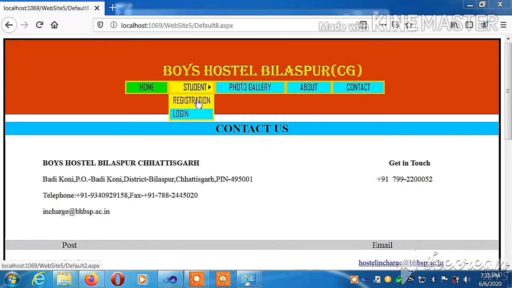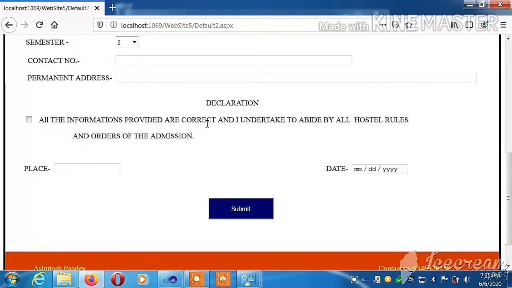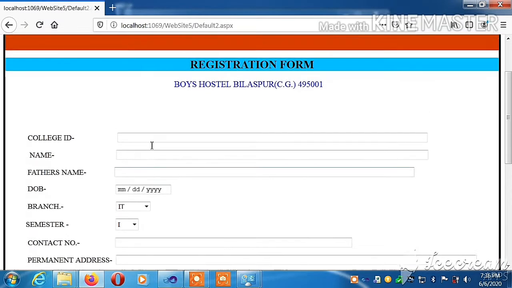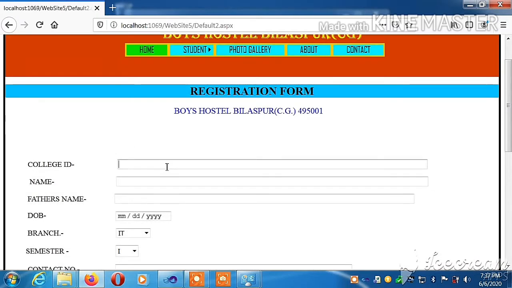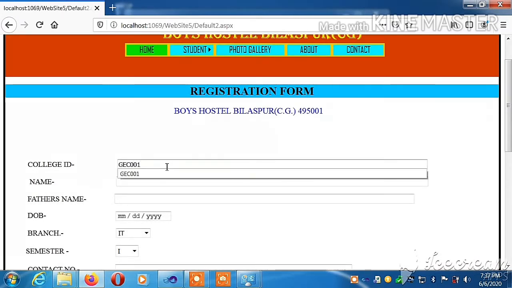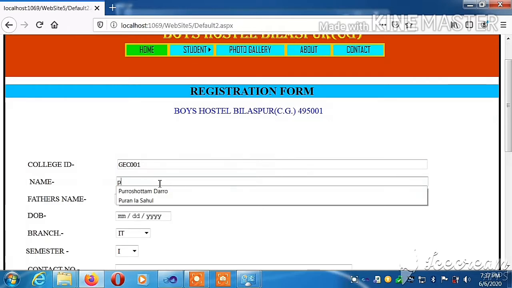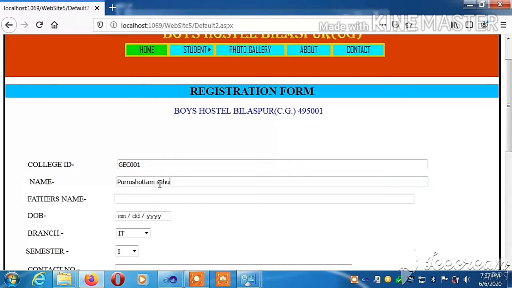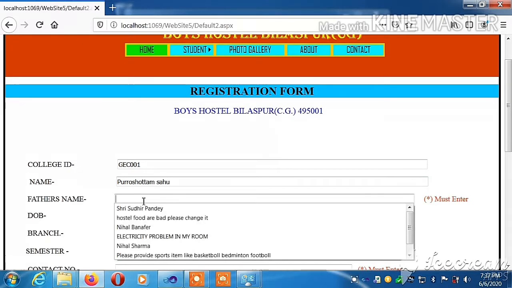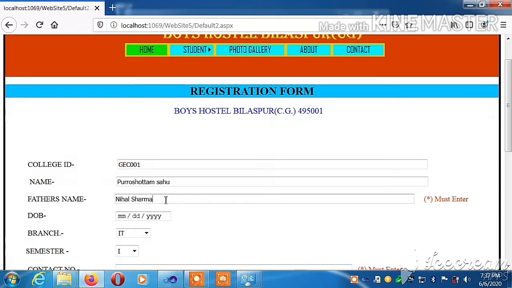Next is registration page. First you write your college ID which is provided by the college, and this is GC 001. Next name, father name, date of birth,